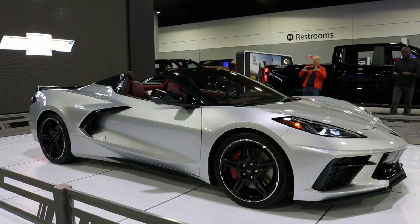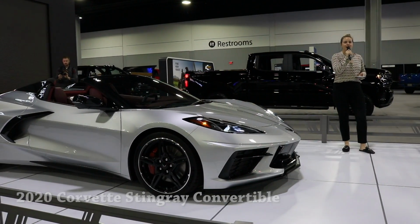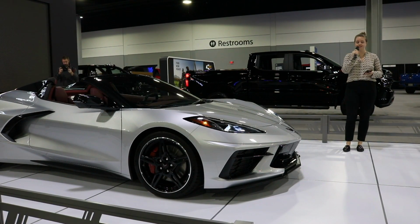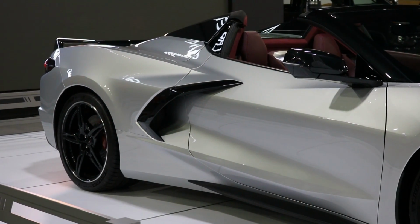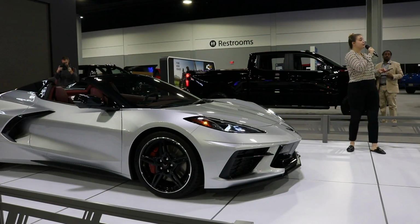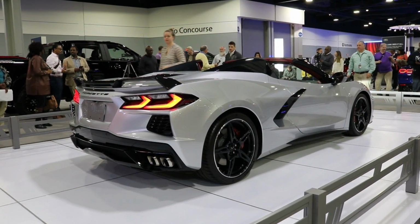I'm having a pretty good morning today because I'm standing right here next to the 2020 Corvette Stingray convertible. I'm really excited to walk you all through this amazing new supercar from Chevrolet here today. So the Corvette was re-engineered and designed from the ground up for model year 2020, starting of course with the propulsion system. This is the first production mid-engine Corvette ever for Corvette,